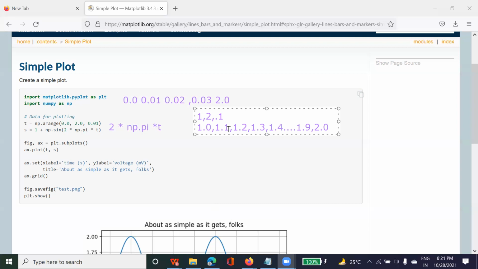But I mean this 0.1 interval should be greater than 1, right? Why is it 1? Because the minimum value is 1. So the interval should be more than the minimum value.